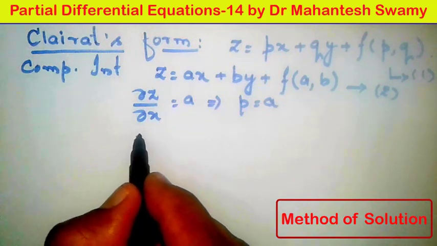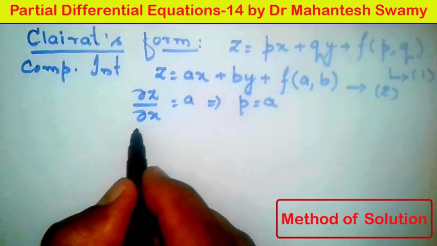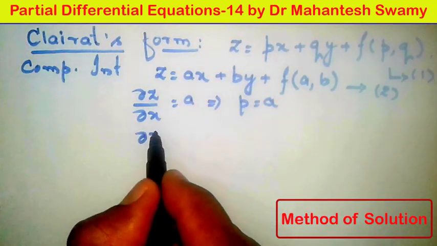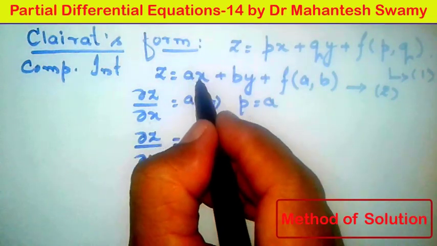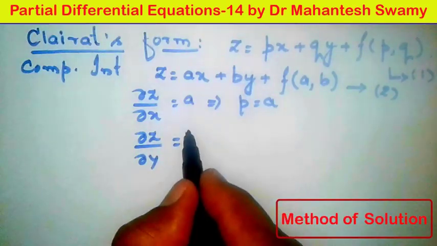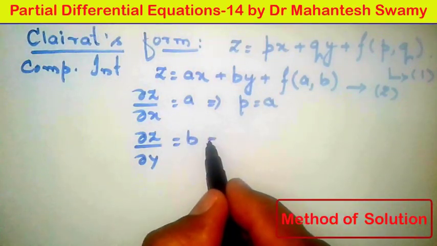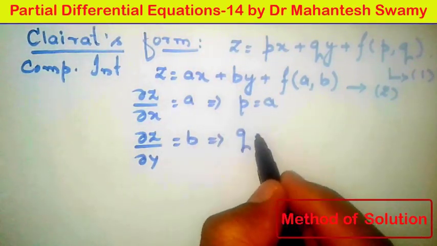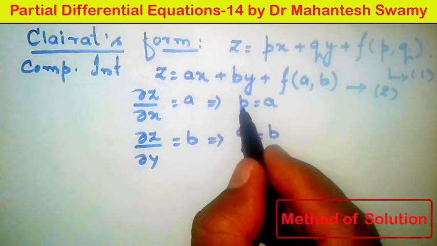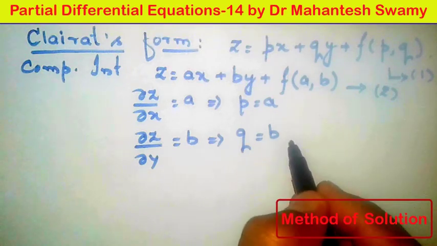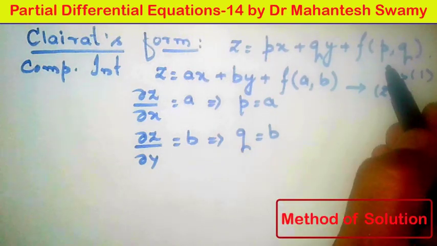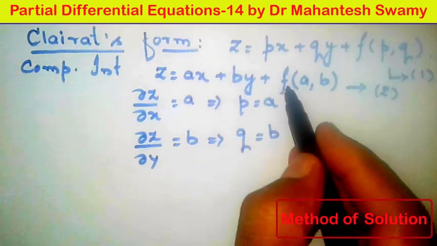Similarly, when we differentiate equation 2 with respect to y, we get dou z by dou y on the left hand side, and on the right hand side 0 plus b into 1 plus 0, so q equals b. So we got p equal to a and q equal to b. Substituting these two values in the given equation, we get the complete integral,